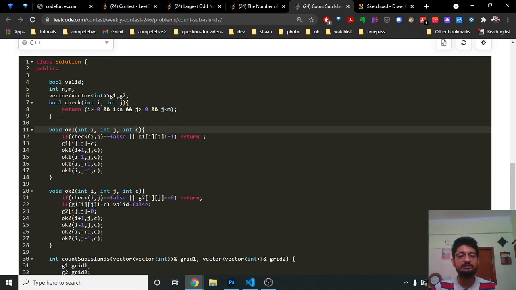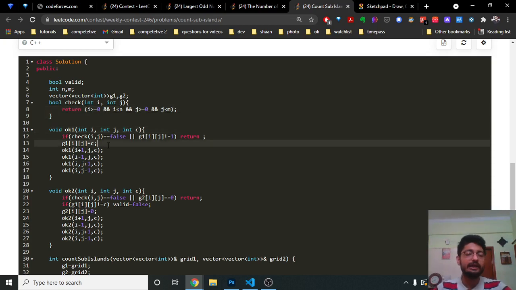So this is a check function whether this i and j is inbound. If it is inbound, I will only iterate over the blocks which are equal to 1. Okay, if any number is already marked, if some number is already in some island which is like 2, 3, I don't have to iterate over that. Or if some number is 0, which is water, I don't have to mark that. So I will only iterate over numbers which are equal to 1.